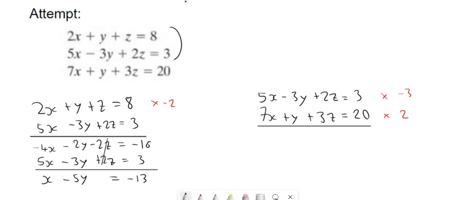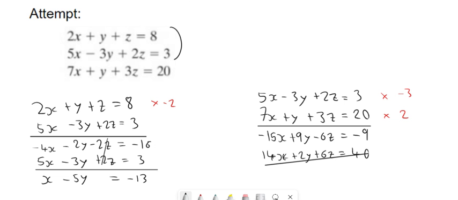Then just be careful with the multiplying. I'm going to get minus 15x plus 9y minus 6z is equal to minus 9. And the bottom, 14x plus 2y plus 6z is equal to 40. 2 times 20 is 40. Now I'm going to get minus x plus 11y. The z's will cancel out and it is equal to